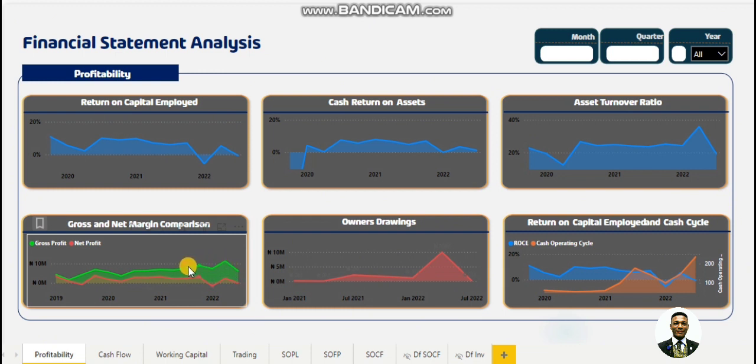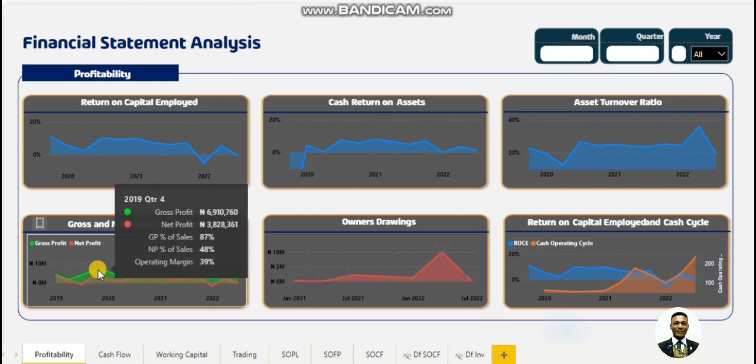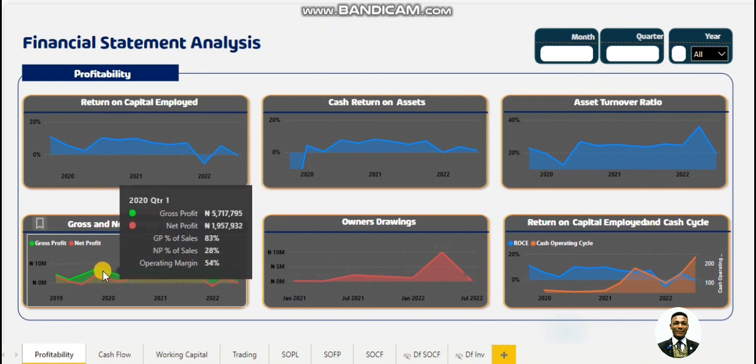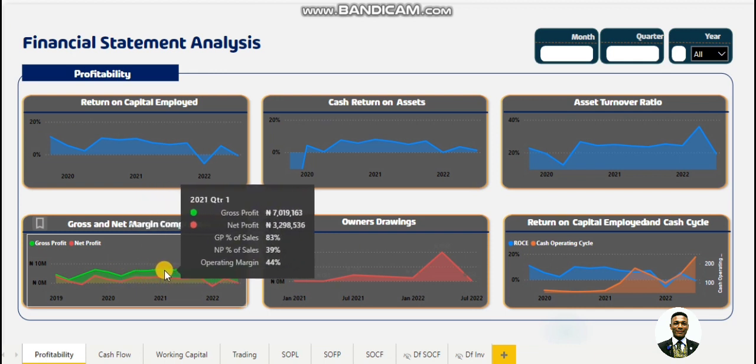We see from the first year it was able to steadily grow this figure, but then looking at the margin of this profit, it has increased compared to sales. We see that it has been steadily maintained around 79 to 85%. It is always around that figure,